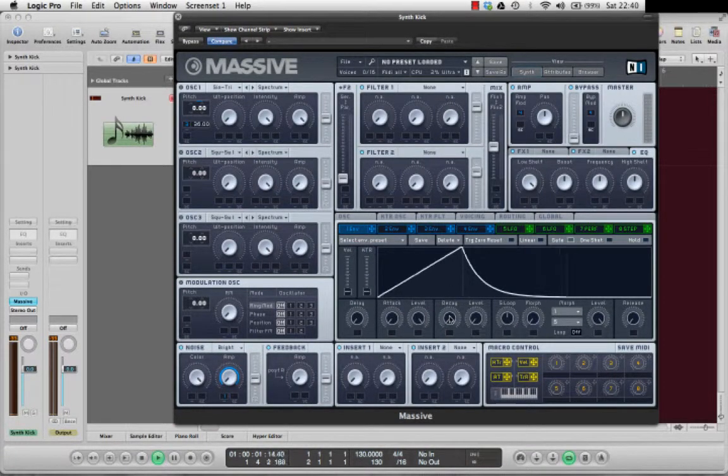Okay, obviously there's nothing there at the moment, so we increase the decay. And what you'll notice is that it's starting to sound quite a lot like a hi-hat, which is exactly what we want. I like to layer a subtle hi-hat over my kicks when I'm making them. Maybe just increase the release a little bit. And don't forget to set it to 1 shot. Okay, now if we play them together,